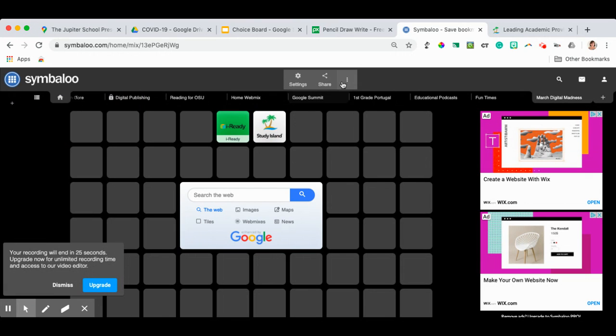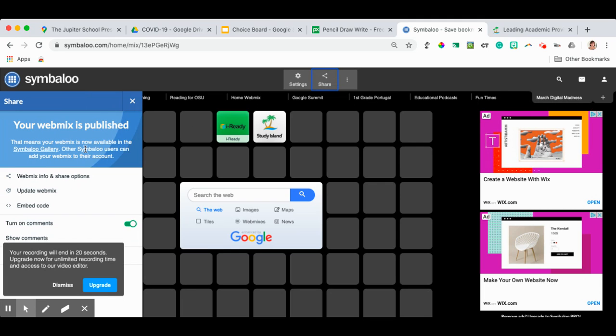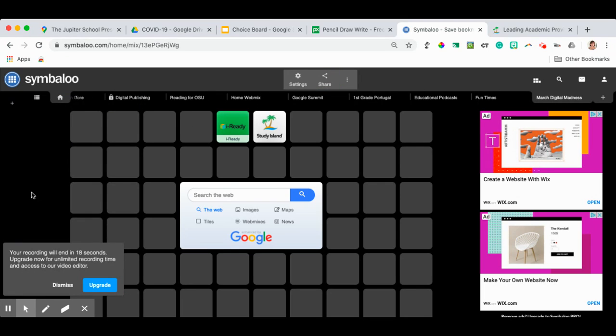Now I need to use these three dots. Nope, that was wrong. I'm going to update this. And then I'm just going to send out a letter to my families to say, refresh your Symbaloo, like refresh your URL, and both of these will now show up. It's the same URL, it's the same web address every single time. It's just each day they want to make sure to refresh so that if anything changes, they have